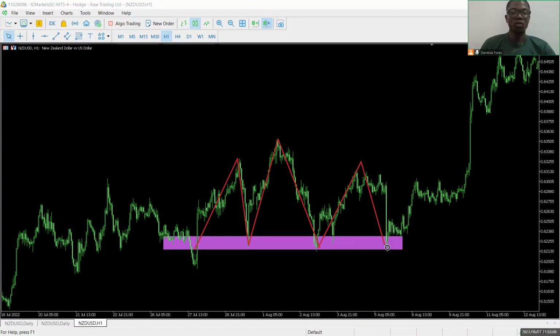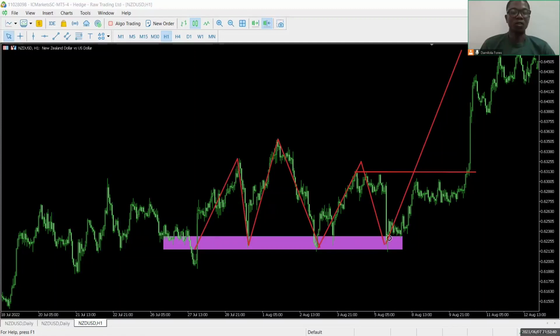Okay, so remember what we said: at the support, there are buying presence and buying power. So here would have been a very good entry point for us, where we could have bought and made so much money. You can see how prices trusted up in profits. Okay, so here we could have bought as soon as we saw prices turn this place to a support, maybe at a close above or conservatively at this level. Okay, at the close above this level here, we could have bought,